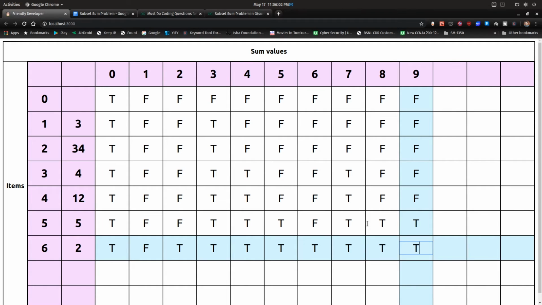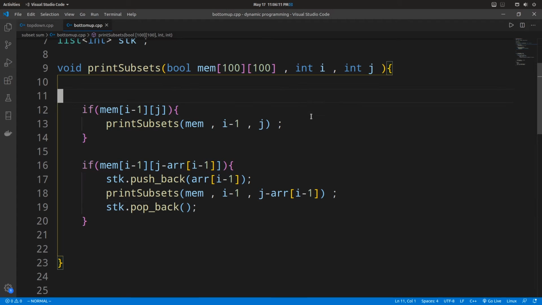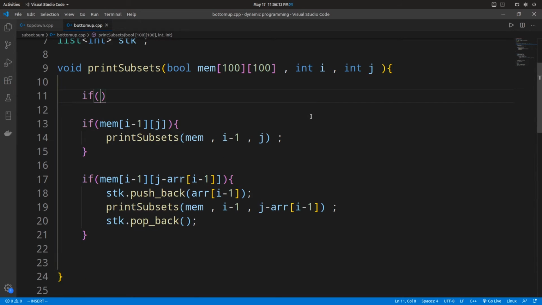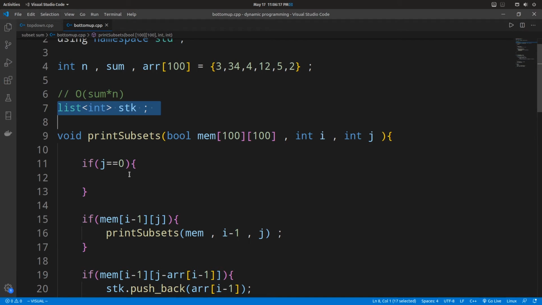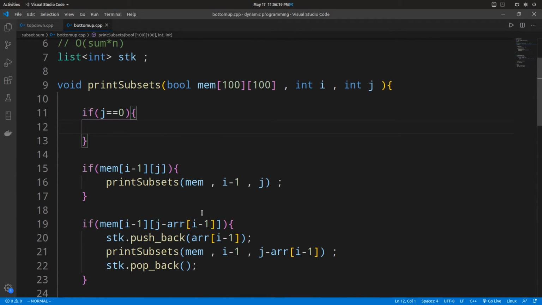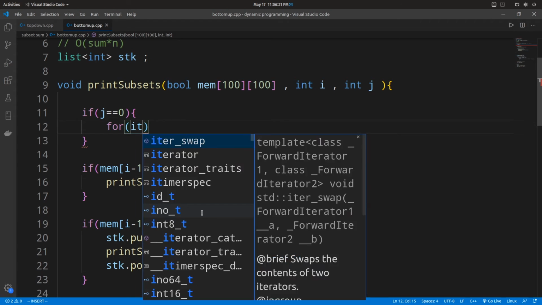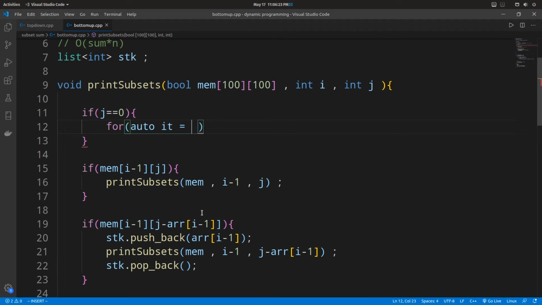Okay, till how long does this continue? This will continue till we reach a sum value of 0. Okay, till we get j is equal to 0. When j is equal to 0, that means our stack currently contains one of these subsets and we just need to print it. Okay, so let's just use our STL list, that is this stack.